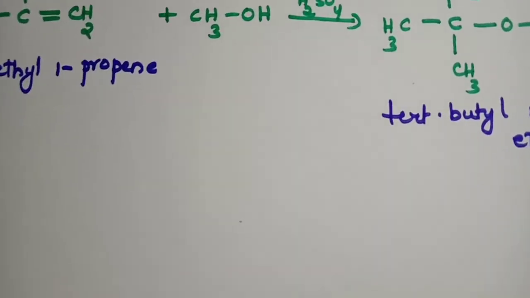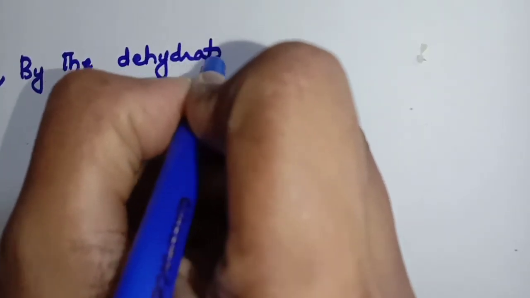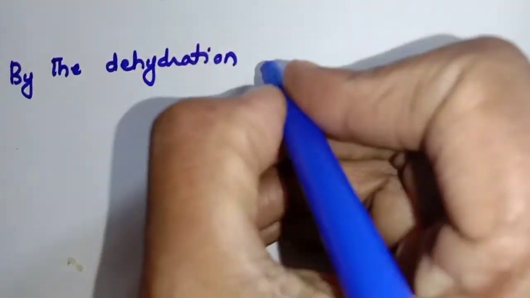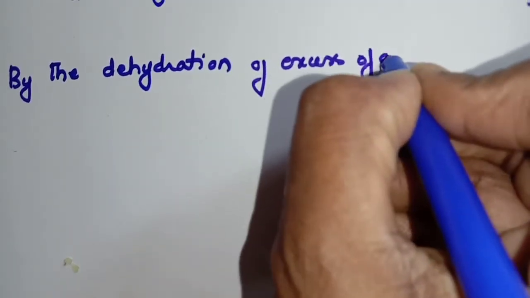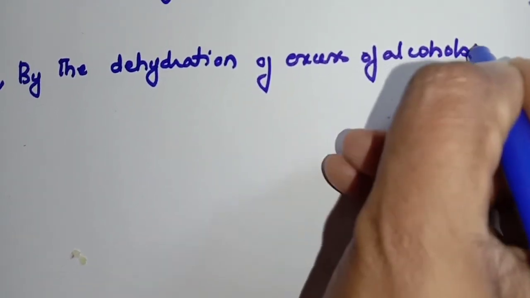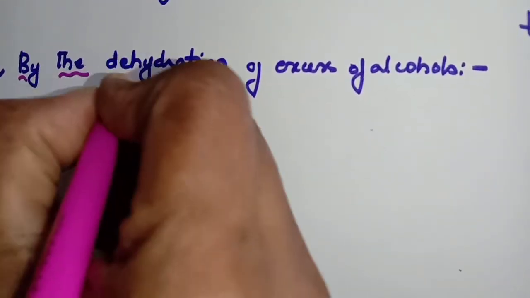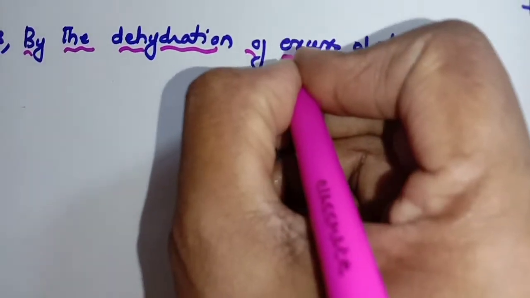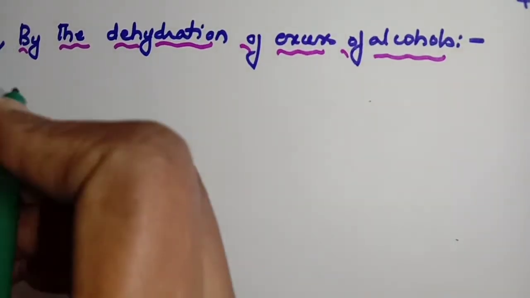Next, third method, by the dehydration of excess of alcohols. By the dehydration of excess of alcohols. So you should mention excess of alcohols. Okay. So first example,